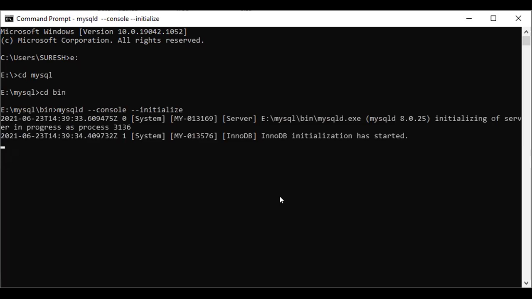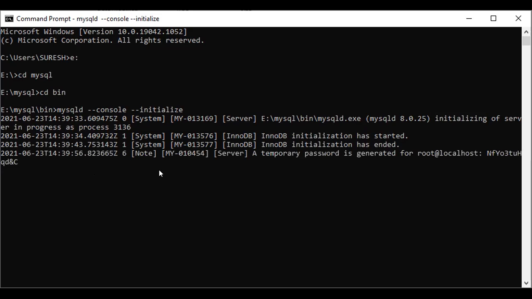After running this command, the server is initializing. If you observe, mysqld is executed and the initialization of the server has started, and here it has ended.